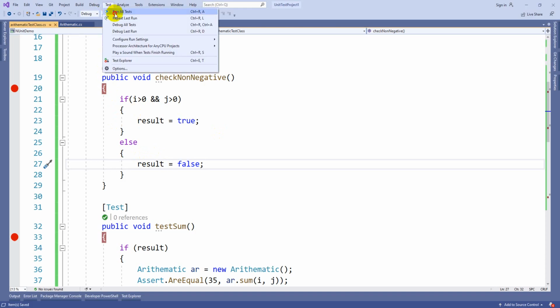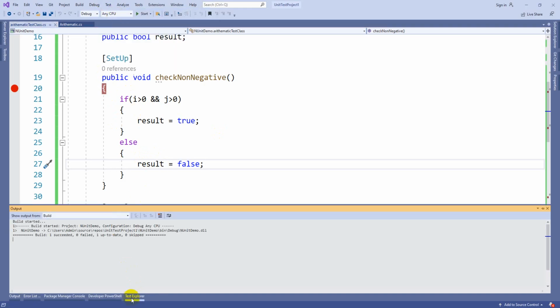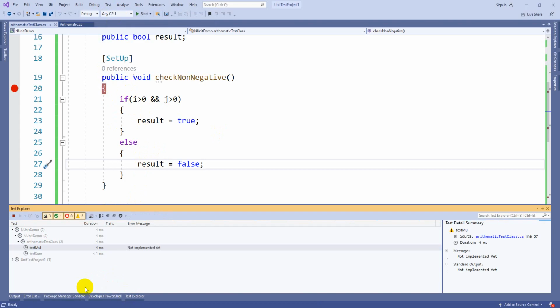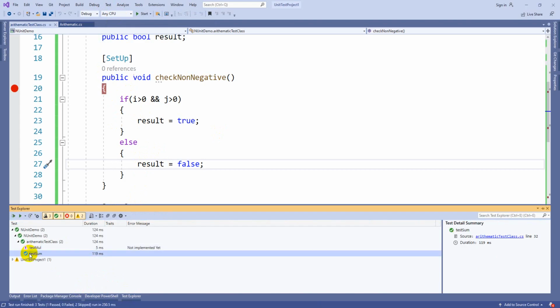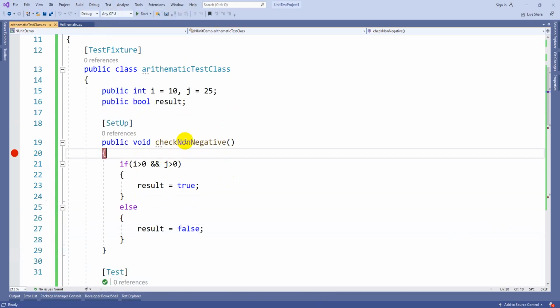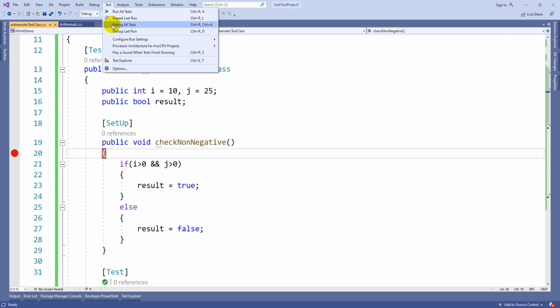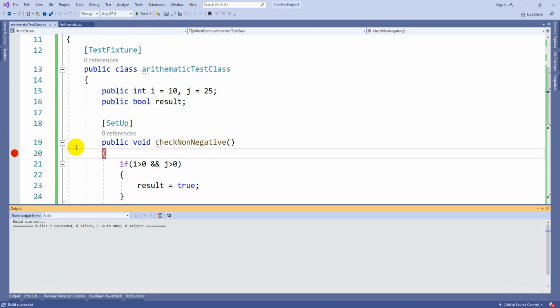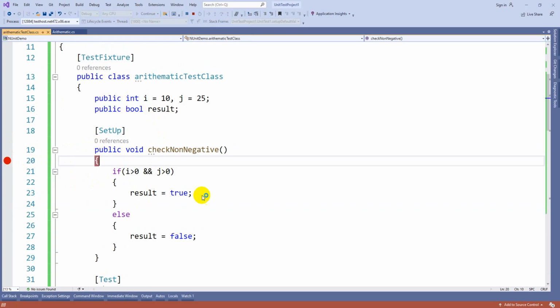Again go to test explorer, run all test methods. You can see now only the sum method will get executed. Oh sorry, we need to check this breakpoint. I think it is executing, just one minute. Here you can see debug all tests, then debug will happen, so that you can see whether it is executing or not.